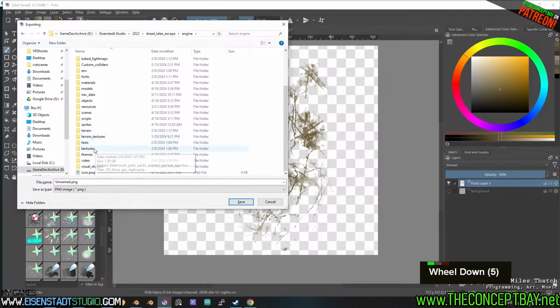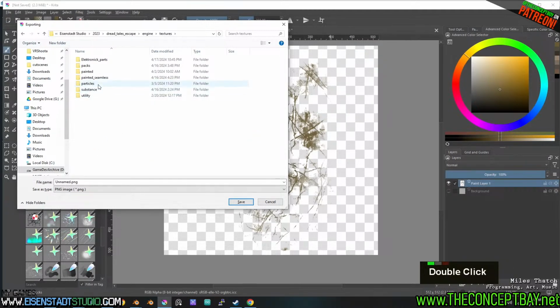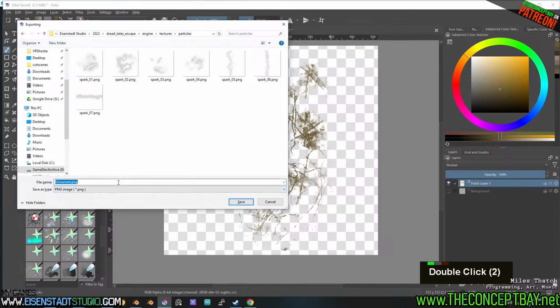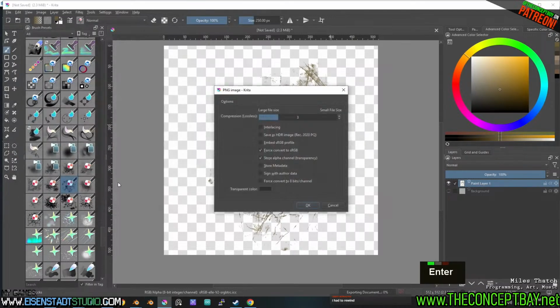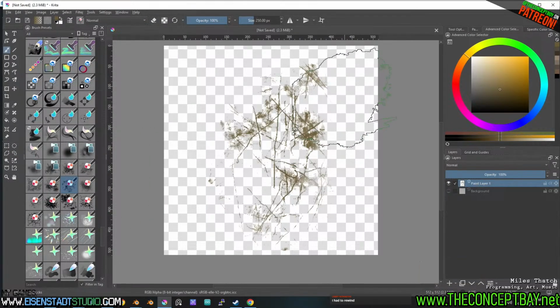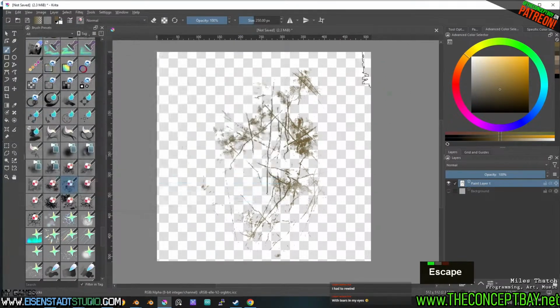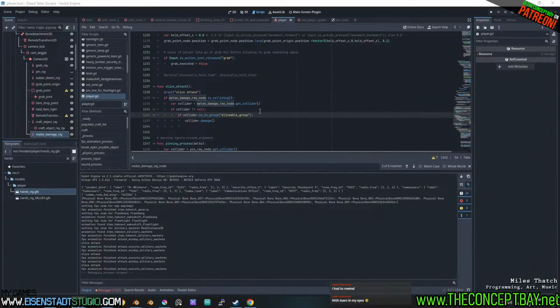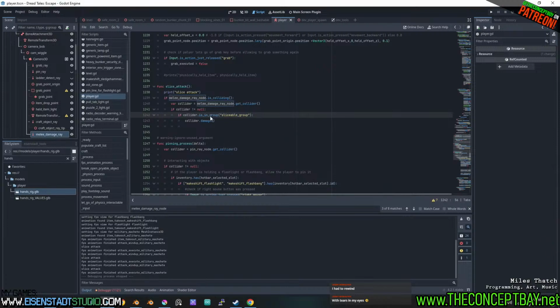Engine. Textures. Particles. Okay. Bark. What is it? Slices. There we go. Okay. Perfect. Sliceable group. Okay, so what we're going to do is when we send damage,